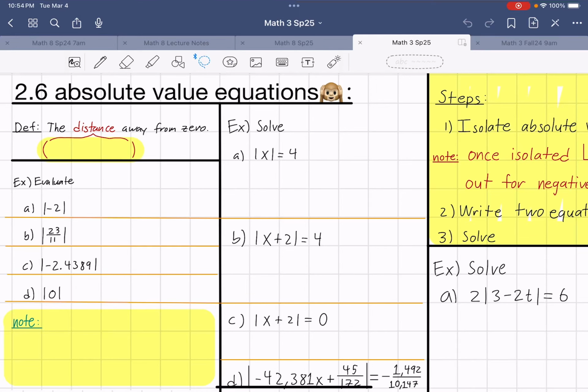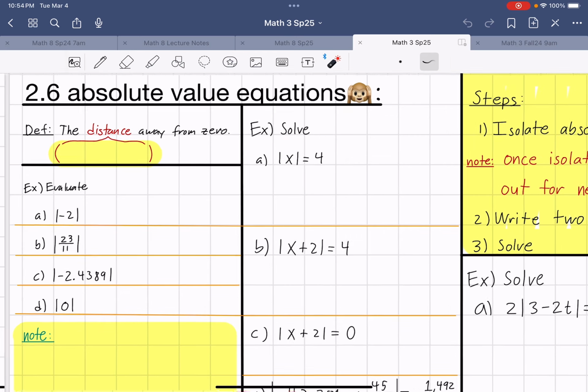We're going to take a step back and talk about absolute value equations. Now, hopefully, you remember what an absolute value is, hence this little emoji here, kind of implying the notation for absolute value, which you can see I have some examples written out already. But before we get to those examples,